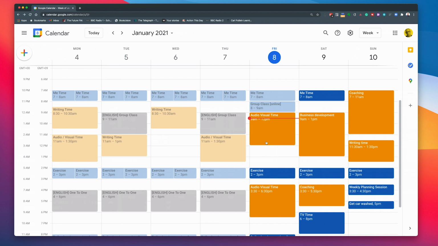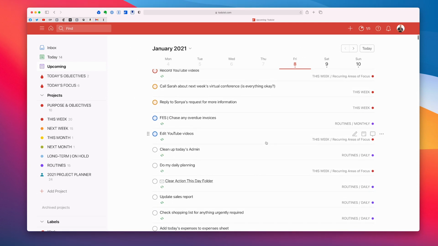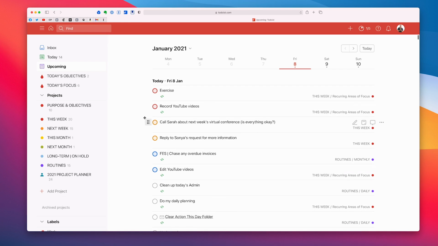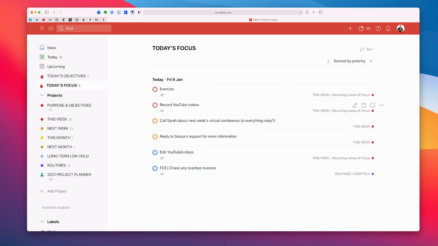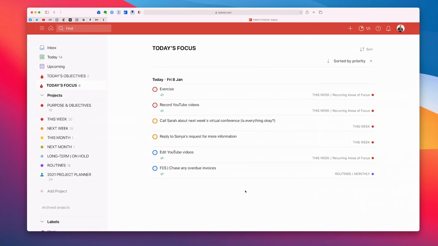I've got the time to do the work. I've scheduled it on my calendar. I can sleep easy knowing I've got the time to do it. So there you go. That's how I wanted to show you this week. I wanted to show you how you can use Todoist with your time blocking to make sure that you've got the time to do the tasks, particularly these tasks up here, which, if I go into my today's focus, these are the crucial tasks today. These are the ones that must happen so that I can tell myself I've had a productive day. And I now know that I've scheduled enough time on my calendar to get all that done.